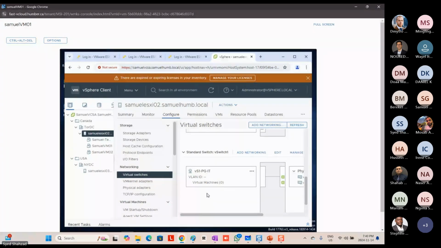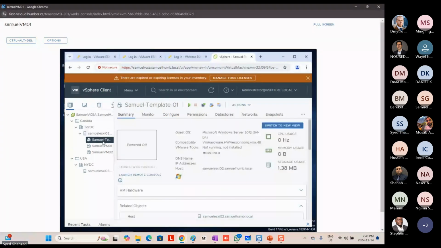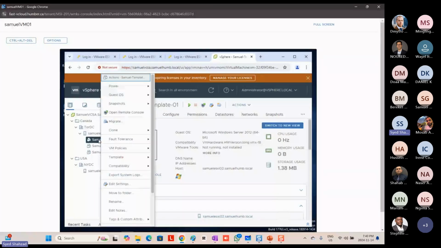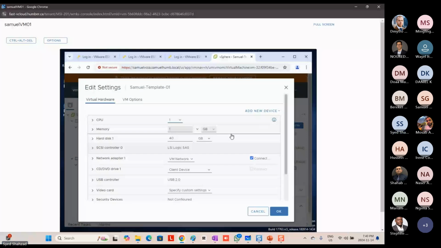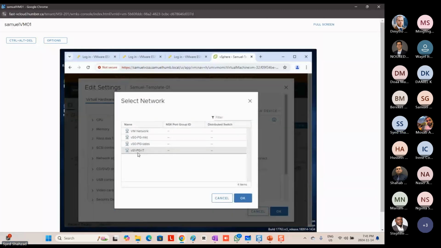So I'm going to go there. We'll pretend that this machine belongs to IT department, and I'm going to right click the machine. It's the same thing, right? So go down to edit settings here as well. Then the network adapter of this machine is connected to the port group, which is the default port group of standard switch 0. I'm just going to go down, browse. Now I should see, yep, we can see the new port group of the new standard switch, VS1 PGIT. I'm going to select that